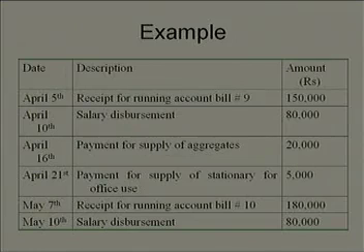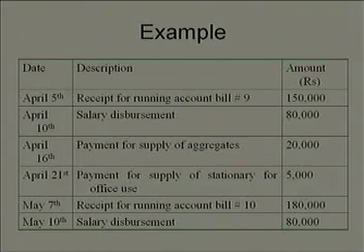In the construction industry, contractors normally submit their bills on a monthly basis, right? So, suppose for the first month he is submitting the bill, he will be calling it running account bill number 1. For the second month or the second bill, he will be calling it running account bill number 2, right. So, in this particular example, on April 5th, the company has received running account bill number 9, which is equivalent to 1,50,000,